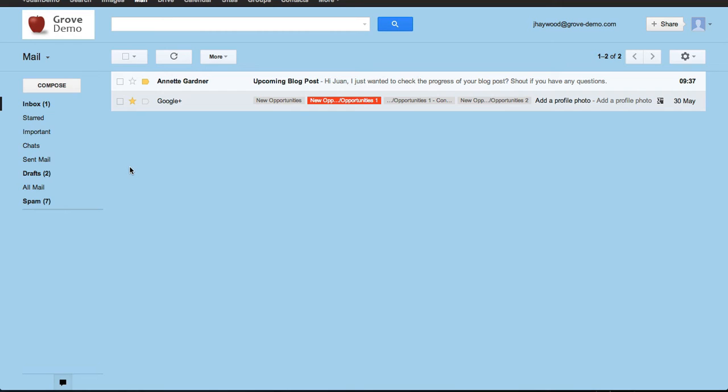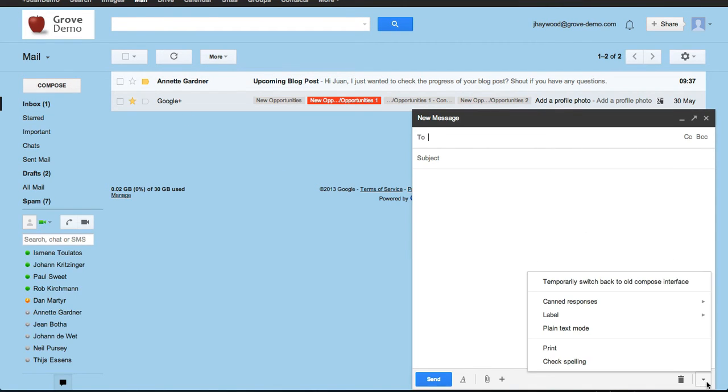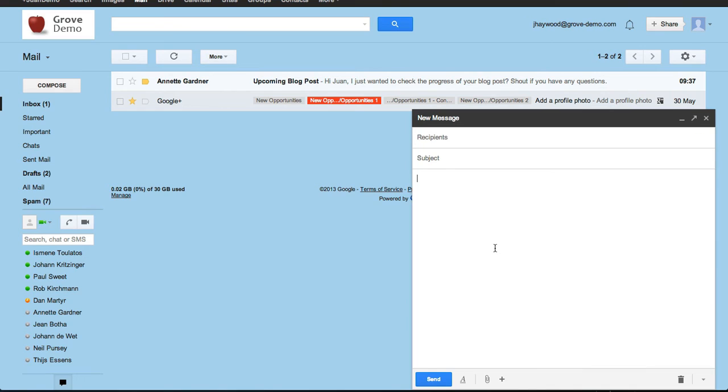It's going to reload Gmail for me. And now what is different is if I click on Compose and go to canned responses over here, you'll see this is a new functionality that I have here. How that works is I can type anything. Let's just say blah blah blah,